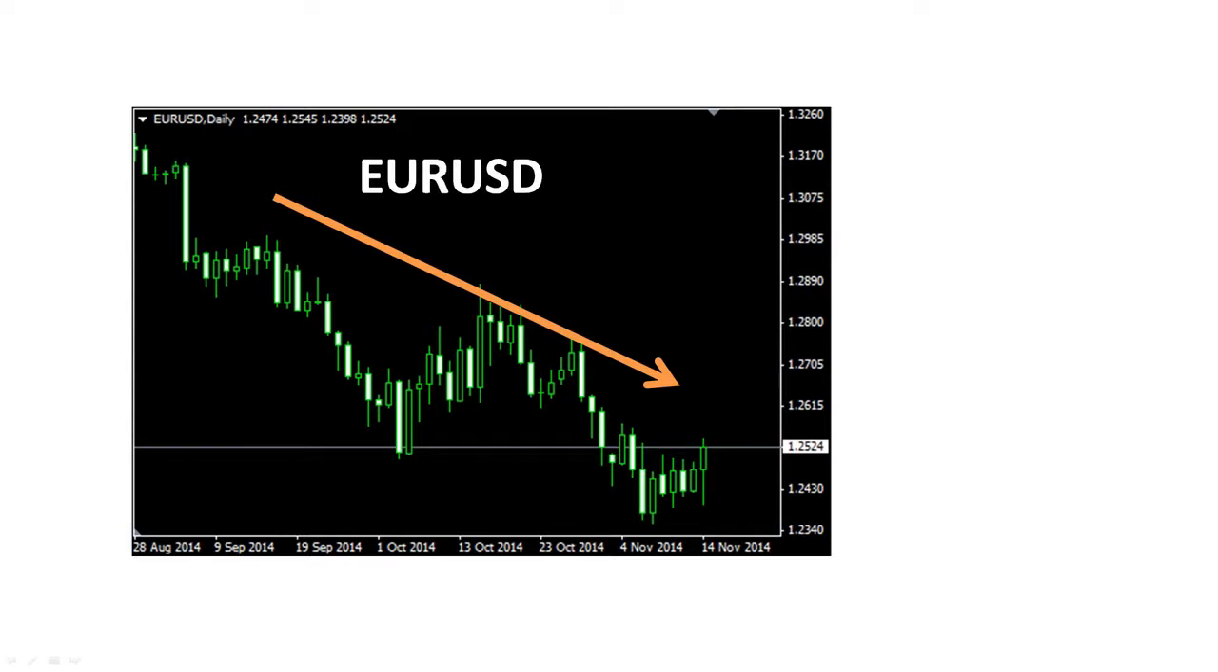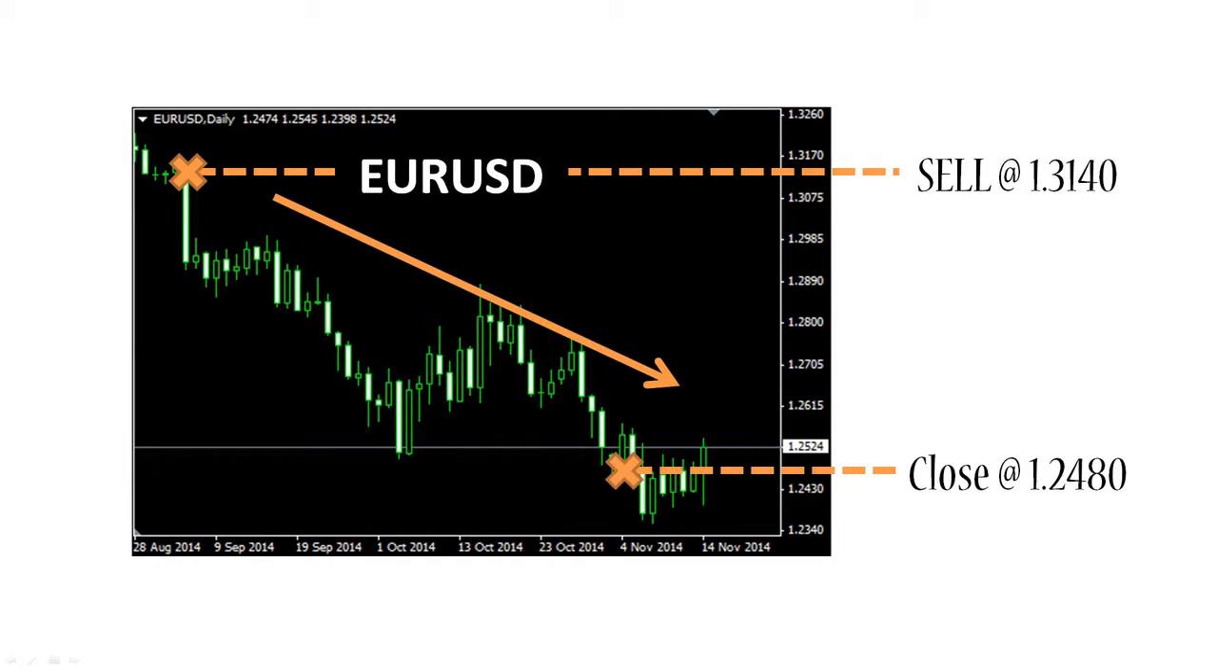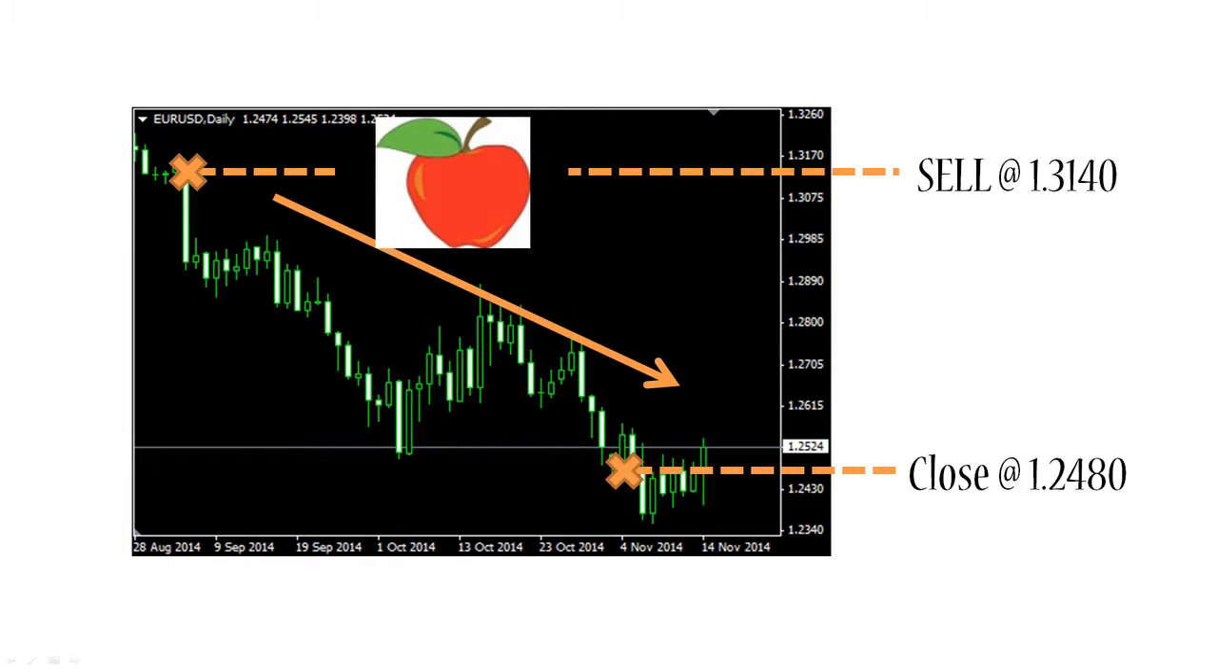Well, there's a trend, and a bearish trader would enter somewhere over there where we see the X on the top left. He would sell at about 1.3140, and as we recall, that means that every 1 euro is worth 1.3140 US dollars, and then he would close the transaction at about 1.2480, meaning that at that point in time, every euro is worth only 1.2480 US dollars. So as we did previously, let's simplify this example by talking about apples,